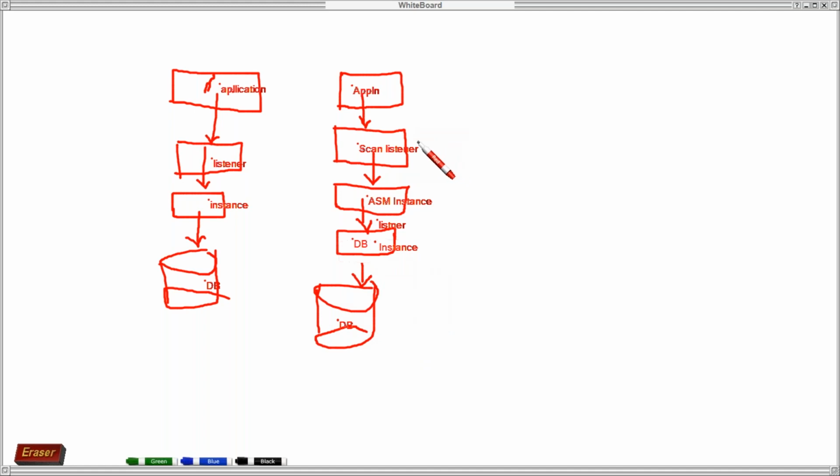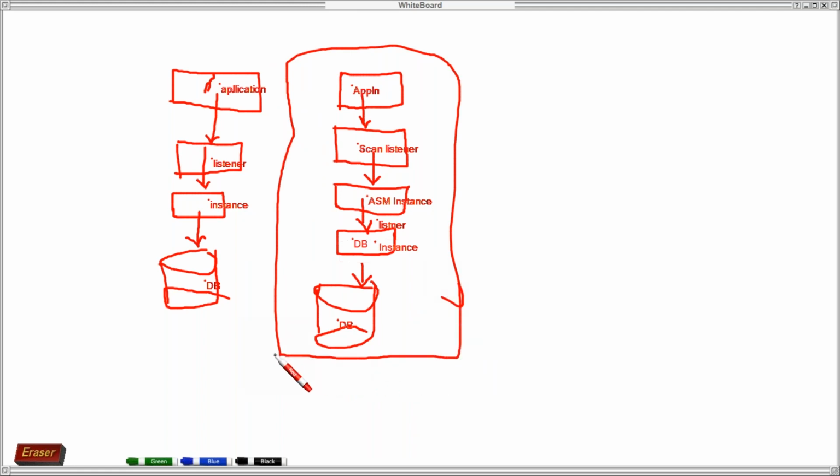Okay. So now if this scan listener is not working or the ASM instance is not working, the application will not be able to connect to the DB instance. That's why one concept called Flex ASM came into existence. So there, this is your node 1.